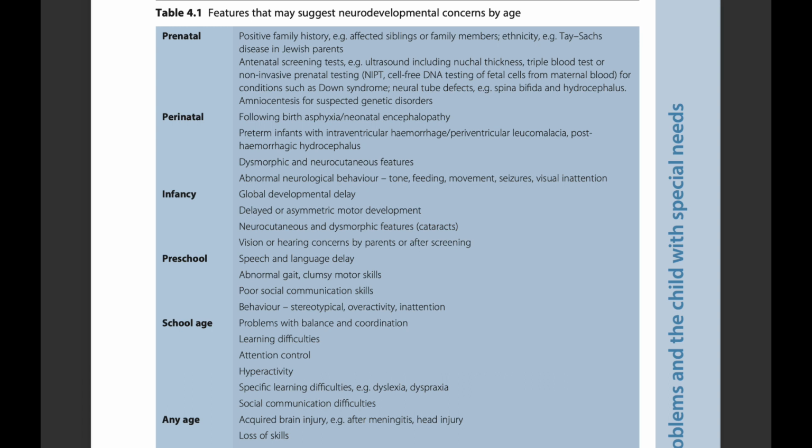Now, perinatal: following birth asphyxia and/or a neonatal encephalopathy; preterm infants with intraventricular hemorrhage; periventricular leukomalacia; post-hemorrhagic hydrocephalus; dysmorphic and neurocutaneous features; abnormal neurological behavior, tone, feeding, movements, seizures; visual inattention. In infancy, global developmental delay, delayed or asymmetrical motor development;